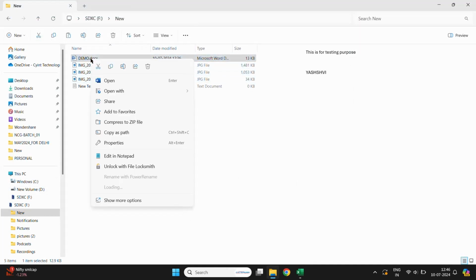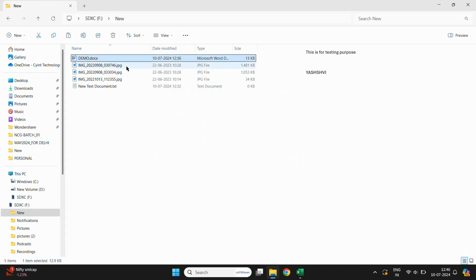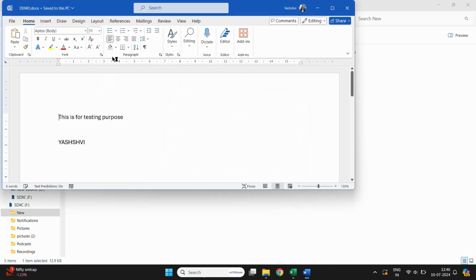I'll try to delete this demo Word document, and here I get the option to permanently delete it. Now I'll make some changes in this Word document. Suppose I've written my name again here and I try to save it.